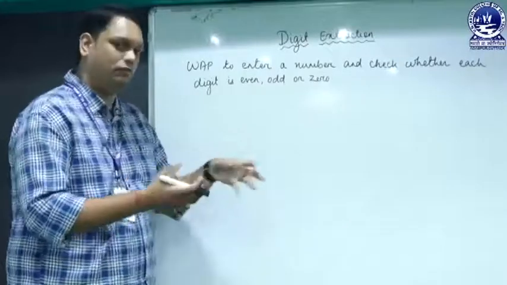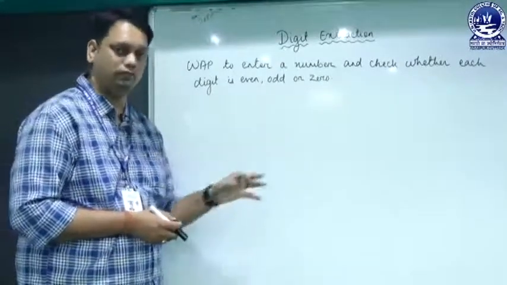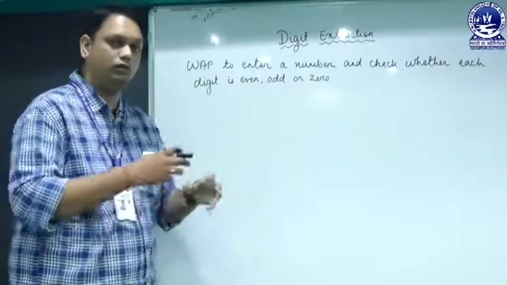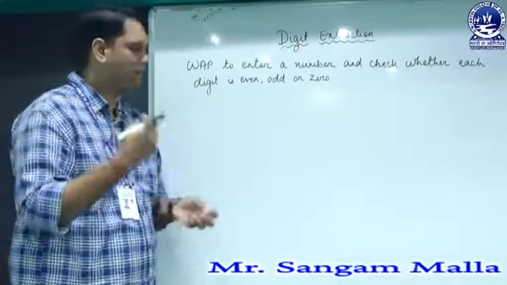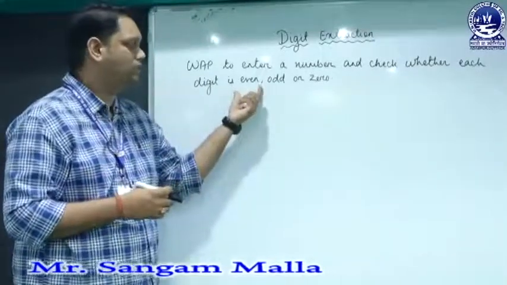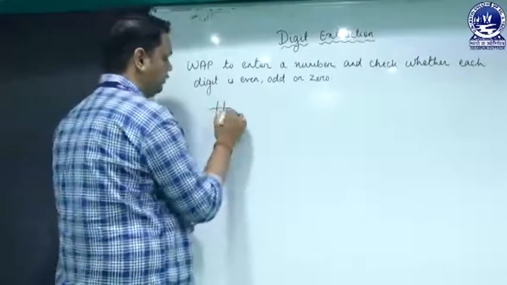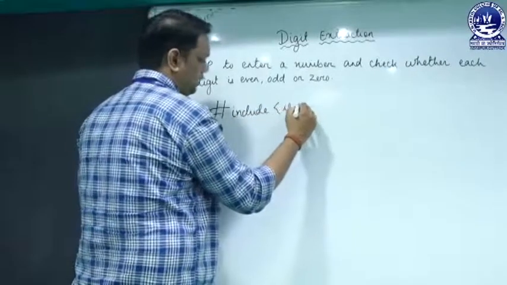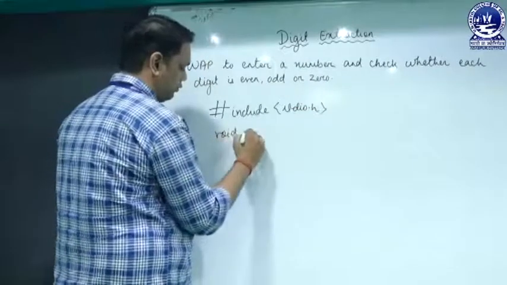That means we have already discussed how to extract the digits from a number. Now we will explore more about how to extract the digits from a number, and we will be checking whether the digit is even, odd or 0. So as per the syntax of a program, we will write #include <stdio.h>, which is the general syntax of writing a program,